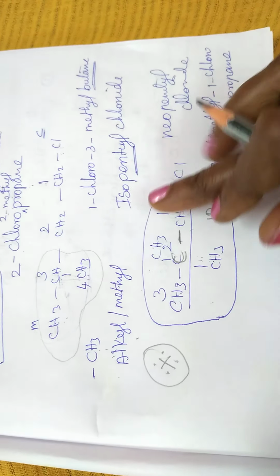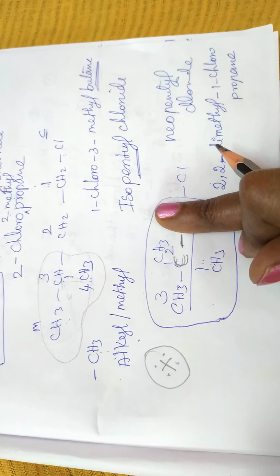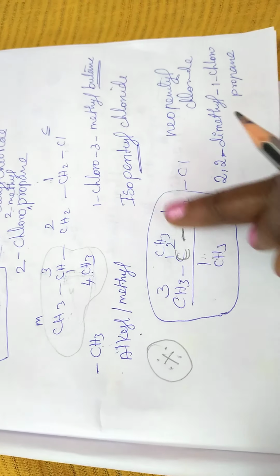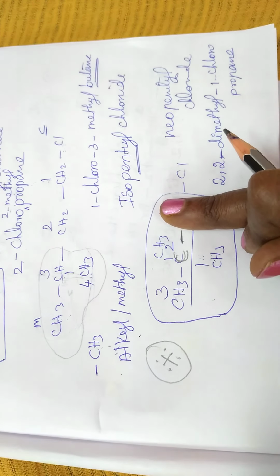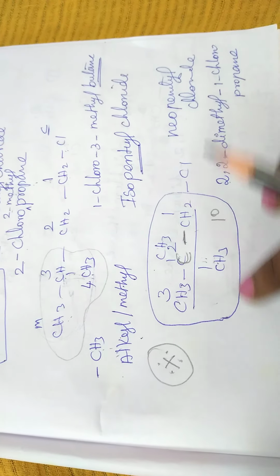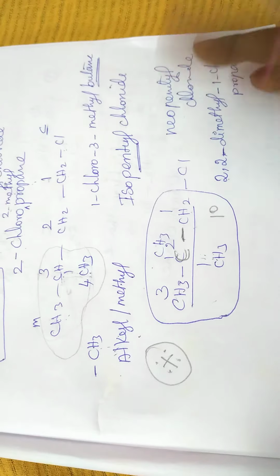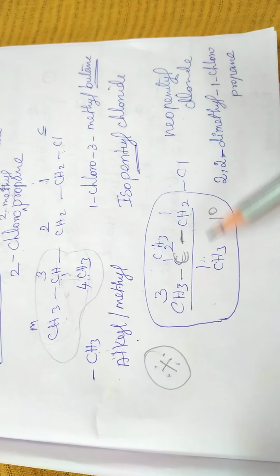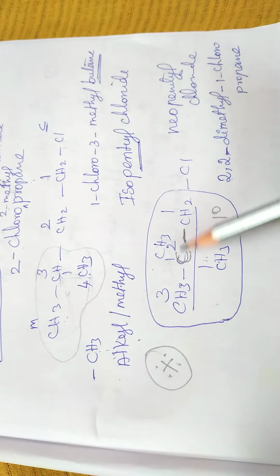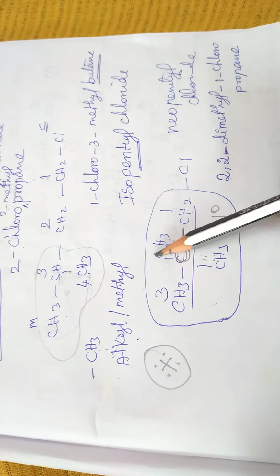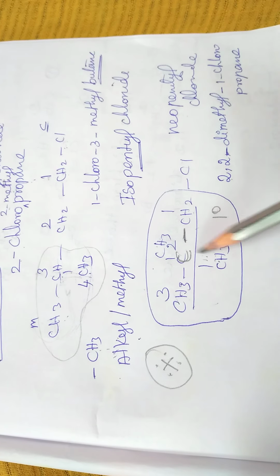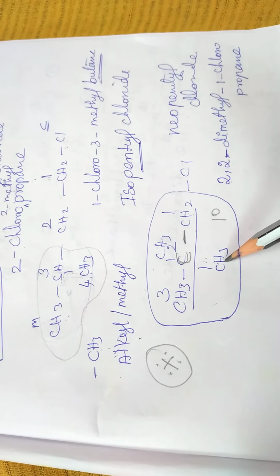So it is primary. Suppose I have it like this, you see 3 carbon atoms with the Cl. So it is tertiary. This is the functional group directly attached to 3 methyl groups. That means it is tertiary. So neopentyl chloride. This unit is known as neopentyl. Any halogen can come. Let me give the IUPAC name: 1, 2, 3. Here in this second carbon, 2 methyl groups are attached.